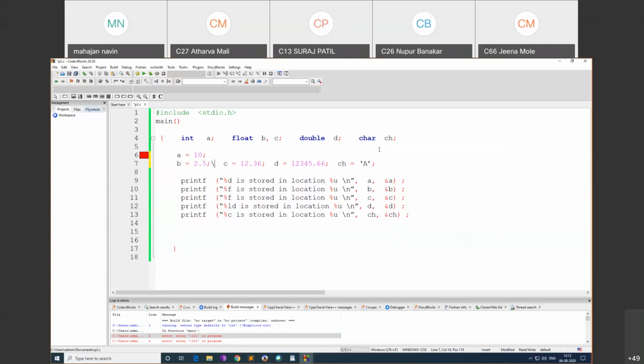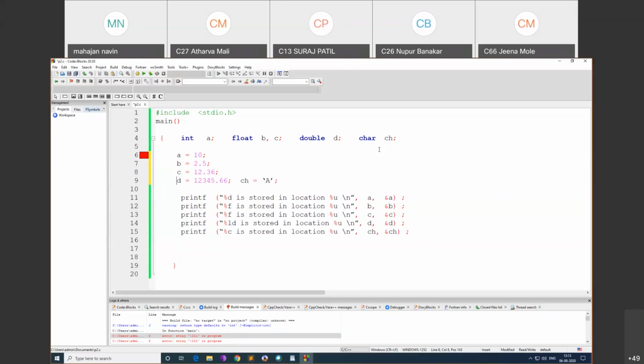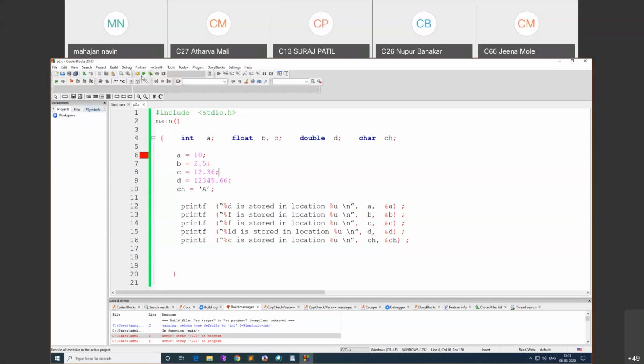I can do this, no? I can take each line or it doesn't matter. As these are small, I have copy pasted it. That's why it is giving trouble. Just see what the error is here. Character, integer, float, and all. Okay, everything looks okay. Error here.